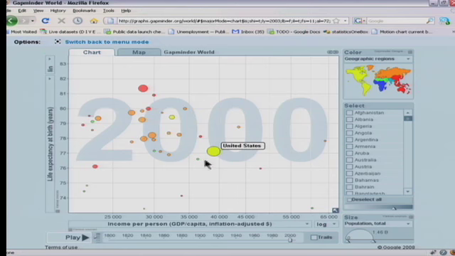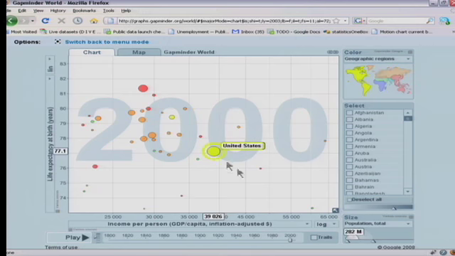This is zoomed in now on the rich countries, and this is where the US is. It has a very high GDP per capita, but we find countries with lower GDP per capita like Japan with much higher life expectancy. So in Japan, people get 81 years old, even though there is less GDP per capita. And here is Sweden. Isn't it interesting? It's almost right next to Japan.